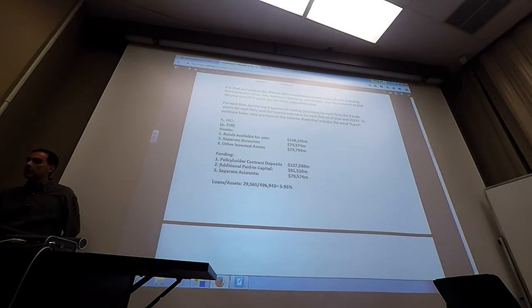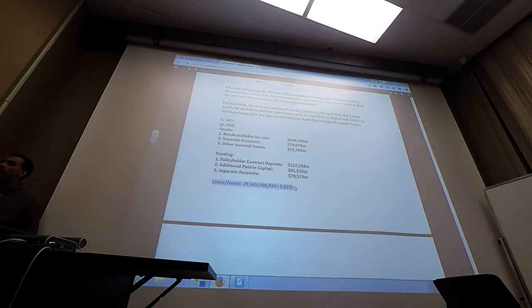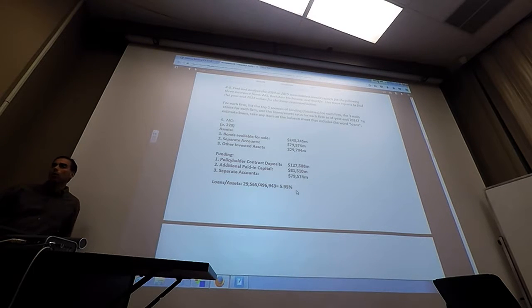So AIG has this additional paid-in capital. Of course, most of that money provided by the owners was actually provided by the taxpayers, who are partial owners of AIG due to the bailout they got a couple of years ago. And if you take their loans to assets ratio, again, these are just crude measures, so it's pretty flexible. Most of you didn't have it exactly the way I asked, but you still all got partial credit for it. They only have a loans to assets ratio of about 6%, and that's pure old-fashioned loans. If you counted all these other bonds that they're holding, then their loans to assets ratio would be much higher.